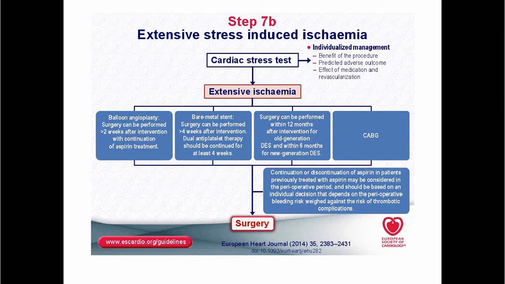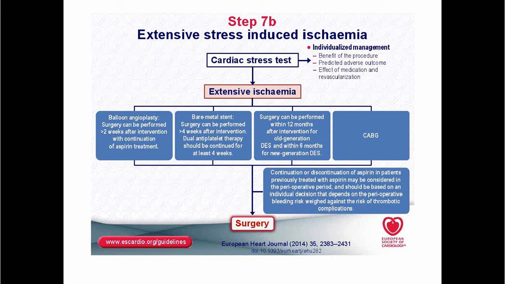If the surgery can be postponed for 1 month, for 4 weeks, then we can do revascularization using a bare metal stent with the patient on dual antiplatelet therapy for 1 month. Then the patient can continue on aspirin only or stop it if the risk of bleeding is very high and proceed to surgery. And if the surgery can be postponed for 6 to 12 months,